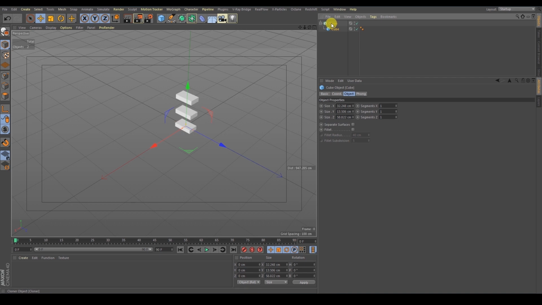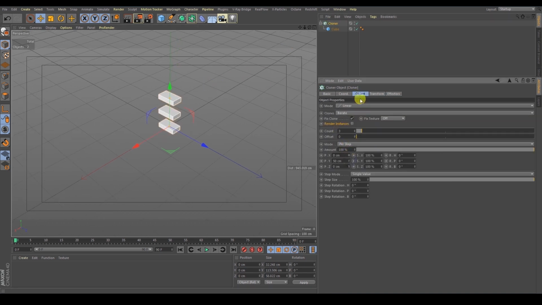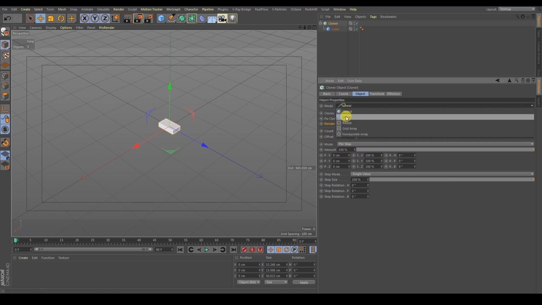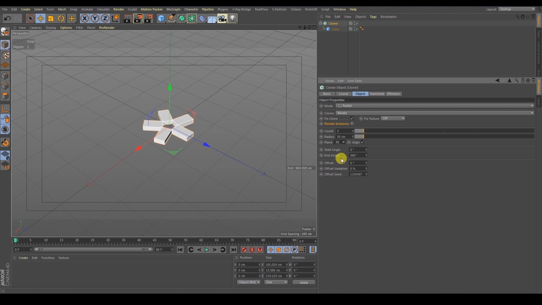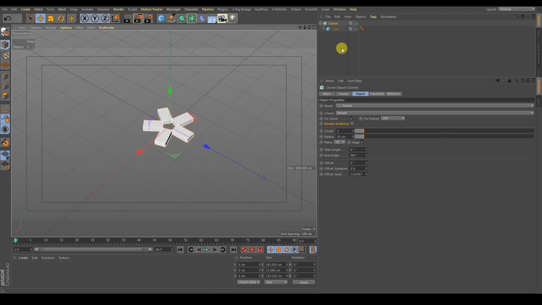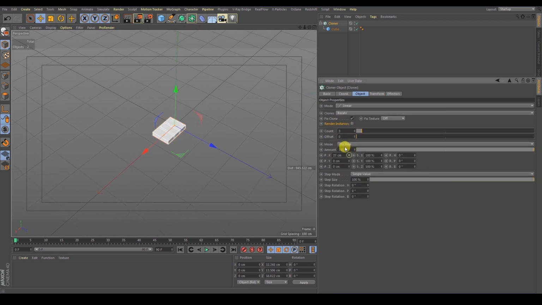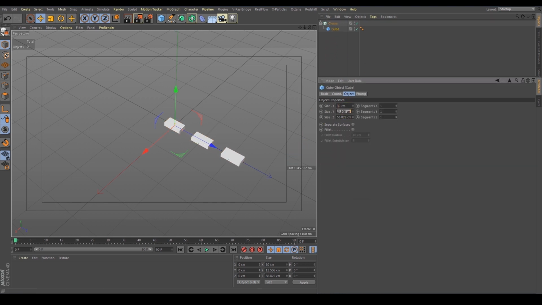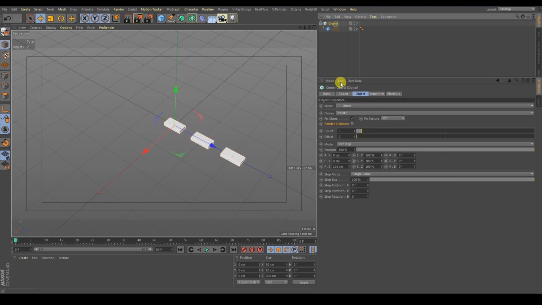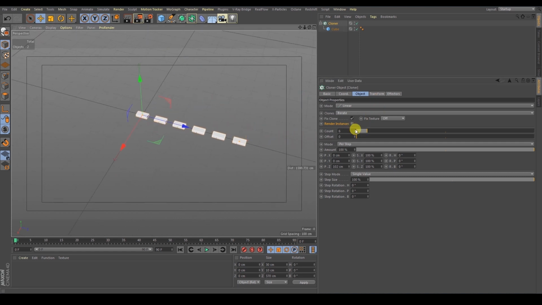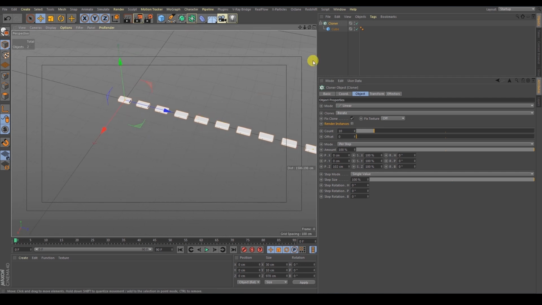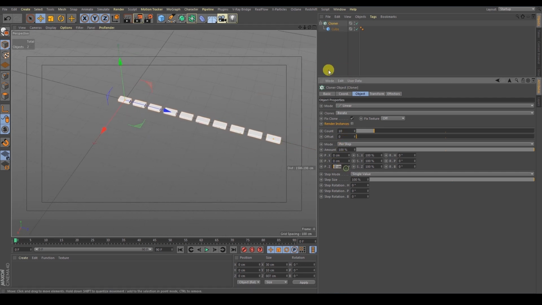Okay, so now we come here and click this one, and then we want it to be 0, or we will take radial. Or no, keep the linear, and we increase in Z. Okay, let's make it 60. Okay, so we'll make, for example, 10. Okay, and the distance between each of them is 80, and then we come to the rotation of H, and we make it